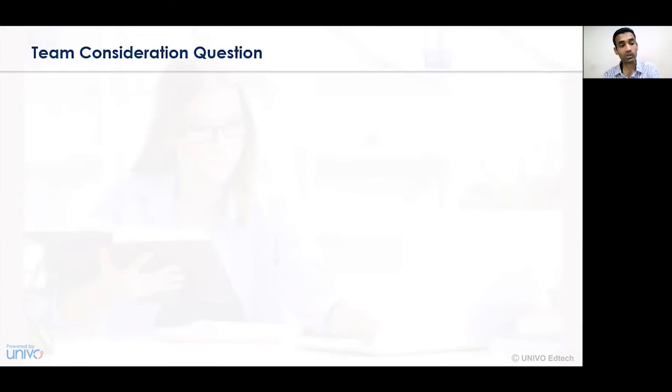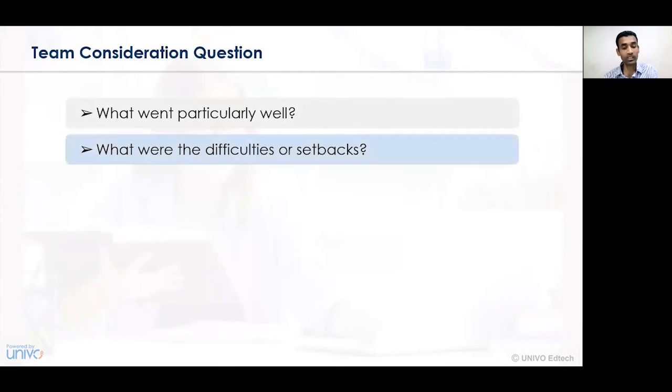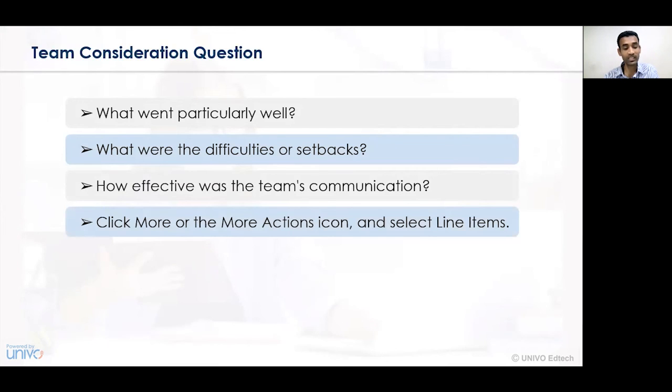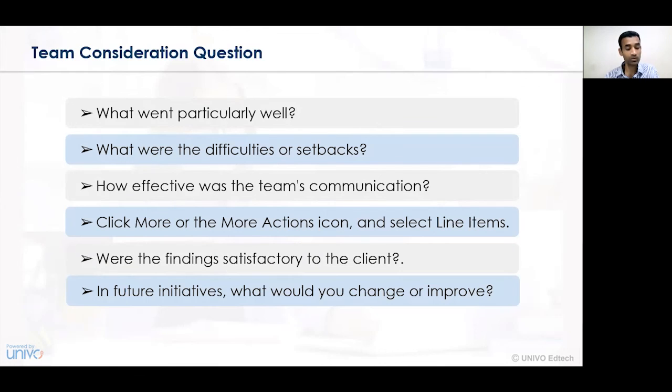Now let's understand the various team consideration questions in repair capability. What went particularly well? What were the difficulties or setbacks? How effective was the team's communication? And lastly, were the findings satisfactory to the clients in association with future initiatives? What should we change or what should we improve? So these are the various